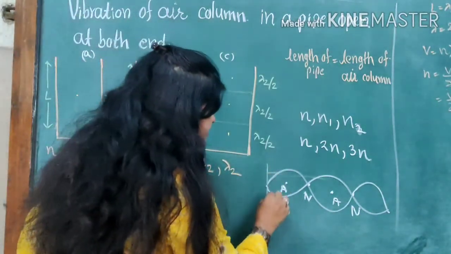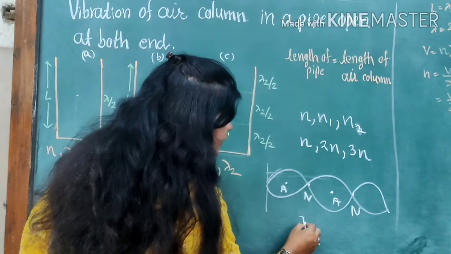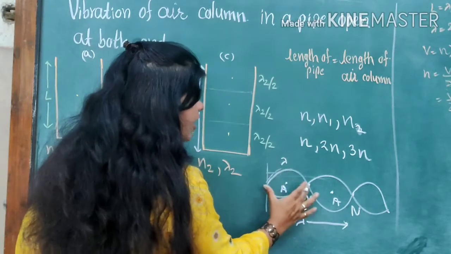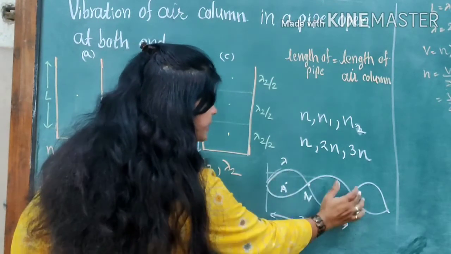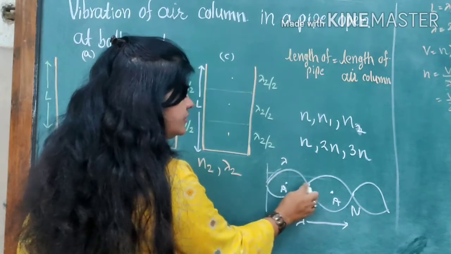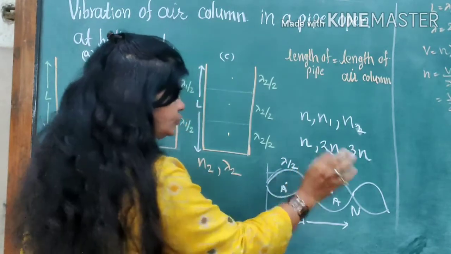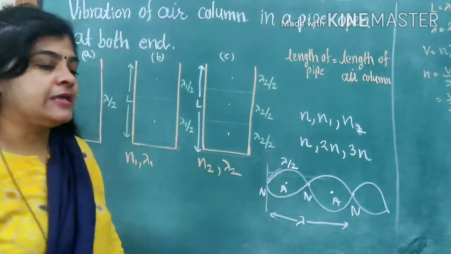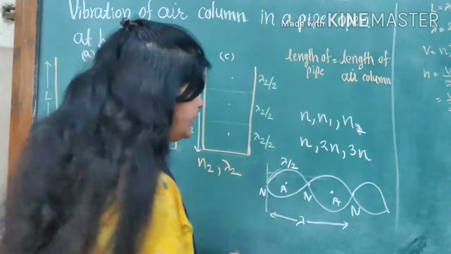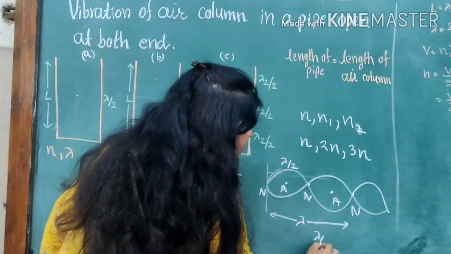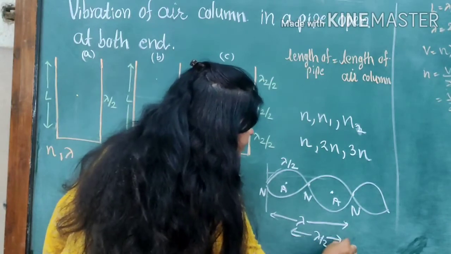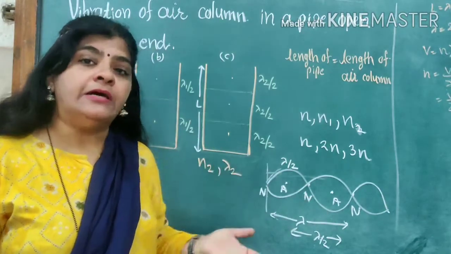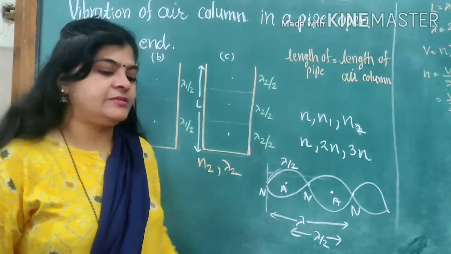Next, when we consider this as one form of the wave, the total distance for this is lambda. If we consider half of this loop, that is, complete half of the structure, the length of one loop is lambda by 2. Now here the node is there, and the distance between the nodes is lambda by 2, or between antinodes. Again we can say that the distance between the antinodes is lambda by 2. Remember these two concepts; we already learned them in the stationary waves topic.